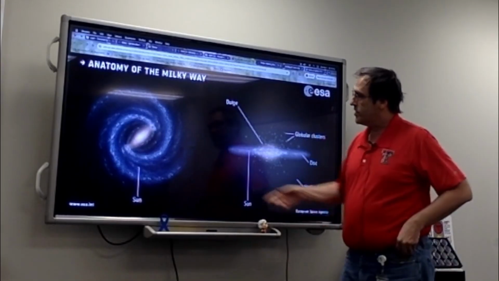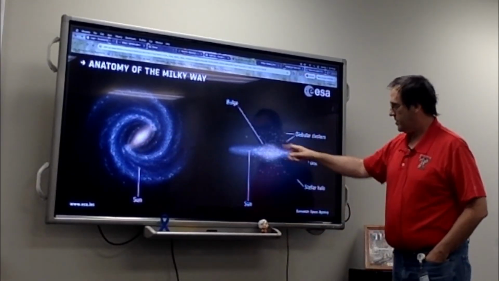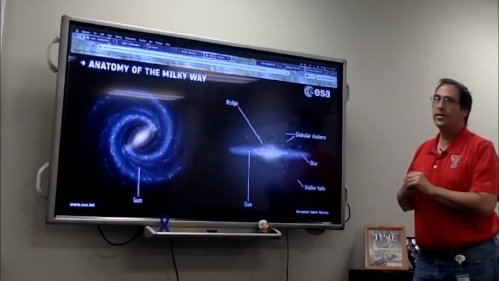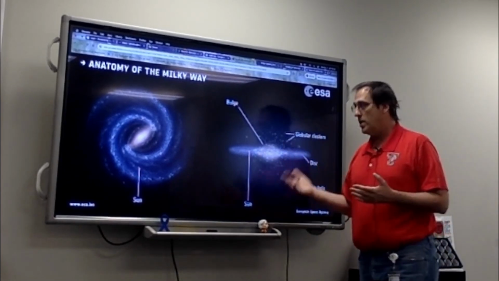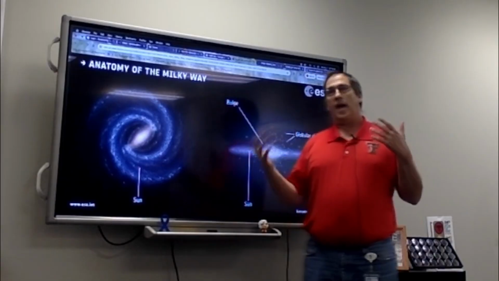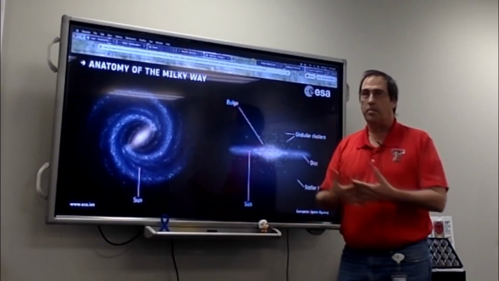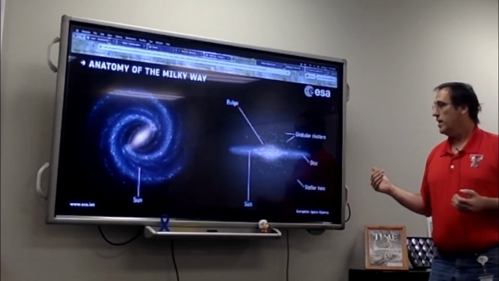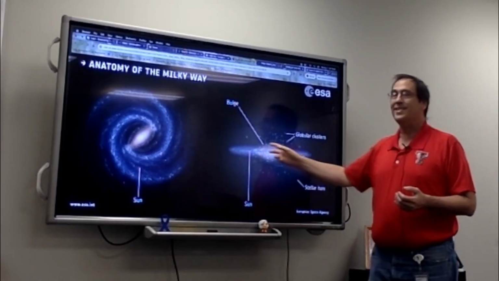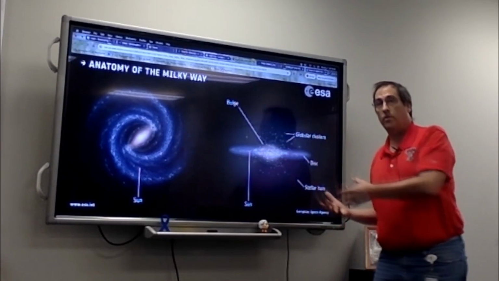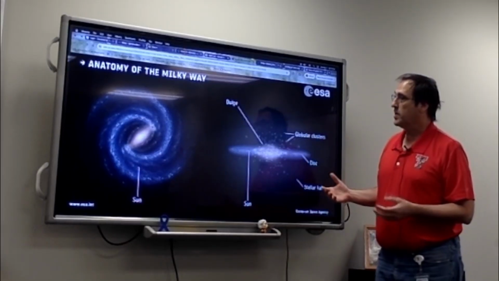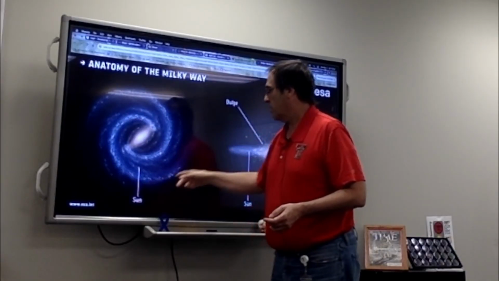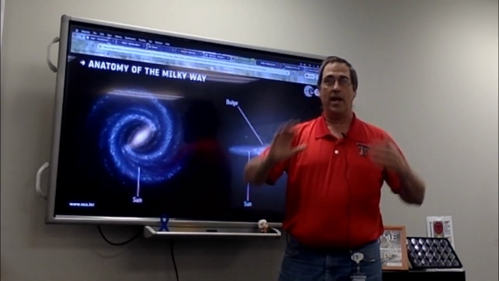All right. The central bulge in the center, here it is from the side. You can see right here, we're in the arms. This central bulge is going to have a lot of older stars in it. Yes, it's going to have some active starbursts, so there's going to be some type O, some type B stars in there. But it's mostly older stars in that area because this area is not as active with star formation. The reason is that a lot of the dust is being slammed together along these spiral arms as matter begins to pile up.